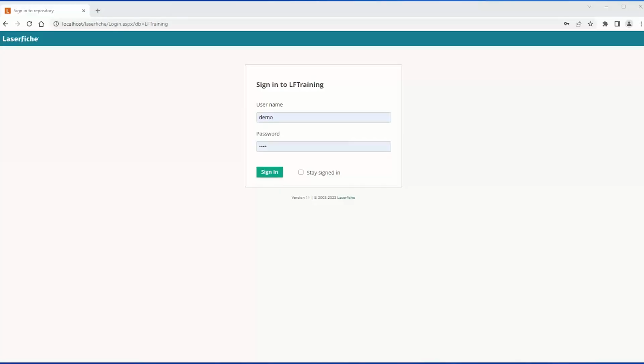To get signed in to the Laserfiche Web Client, navigate to the URL provided and fill in your username and password. This screen does not show a potential login that includes single sign-on or Windows authentication. In those cases, you may see another button, blue or even green, that allows you to use either your Azure AD account or Windows authentication methods to sign in. In this demonstration, I'll just be using a username and password, clicking sign in, and that'll take us into our